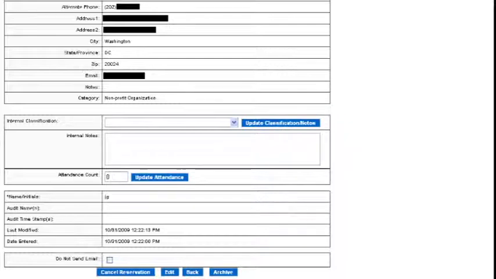You can also add notes in the space below to expand upon the assessment if you wish. To save these changes, click the same button after completing this field. You can also update the attendance count by entering the field and clicking Update Attendance. When a librarian looks up this patron in the future, they'll be able to see your comments.